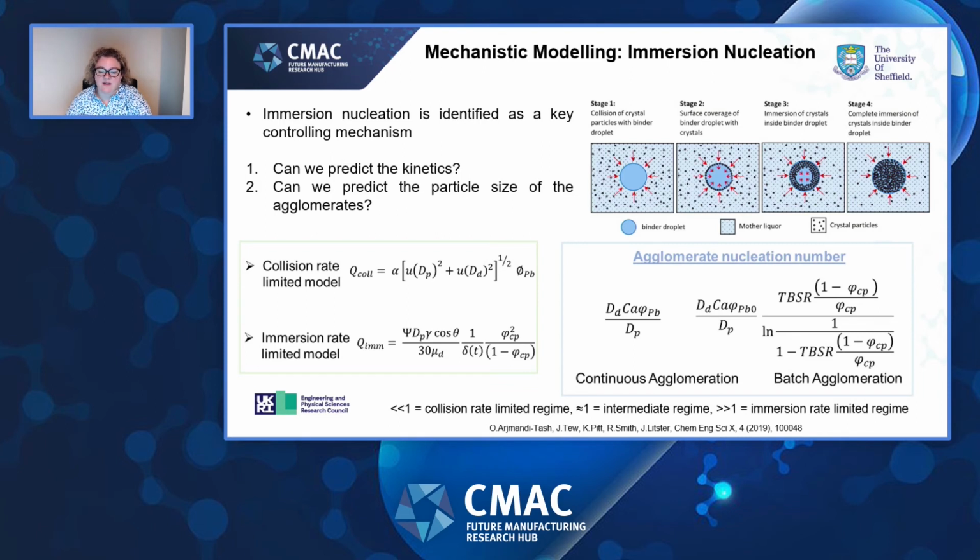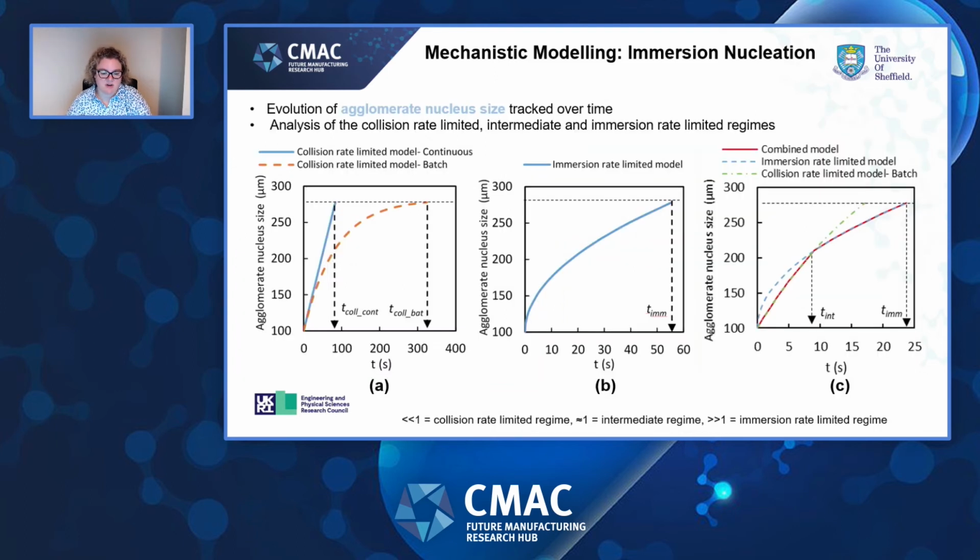So basically, if the agglomerate nucleation number is much, much smaller than 1, we have a collision rate limited regime. If it's much, much higher than 1, we have an immersion rate limited regime. And then, of course, there's an intermediate regime. And we can plot this, as you can with all good models. So on the left, we have the collision rate limited model. You'll notice that there are different lines on this, and this is for